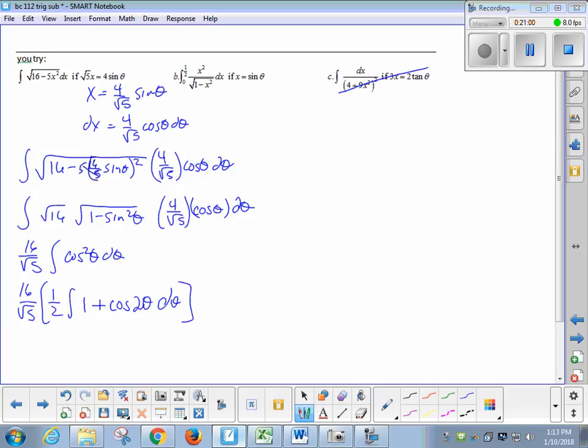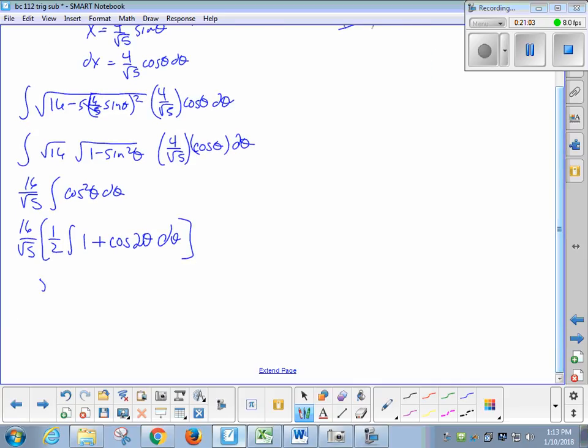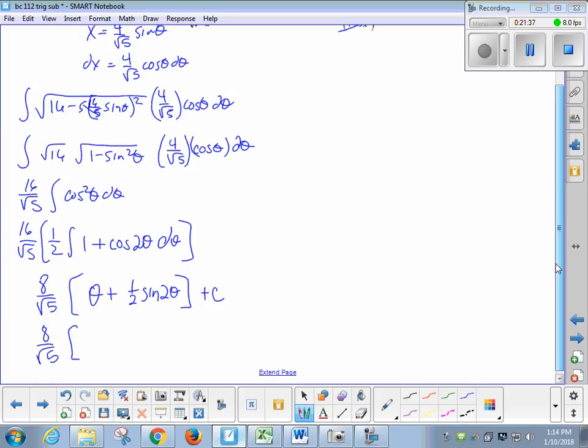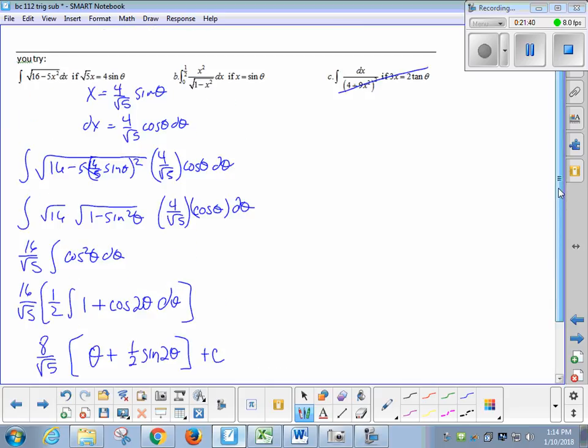Wait, why is it S16 on the other side? So on the D, okay, cool. So X equals